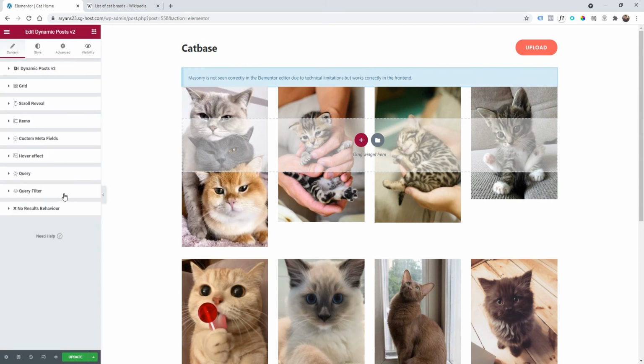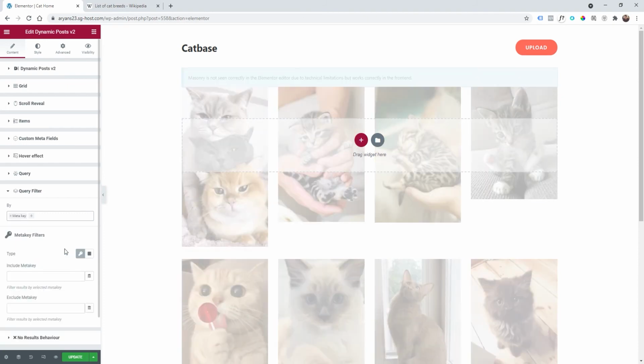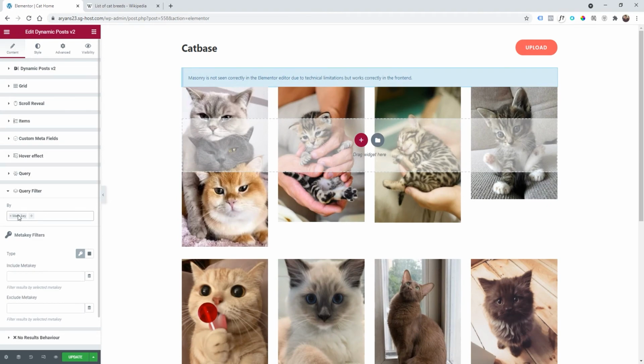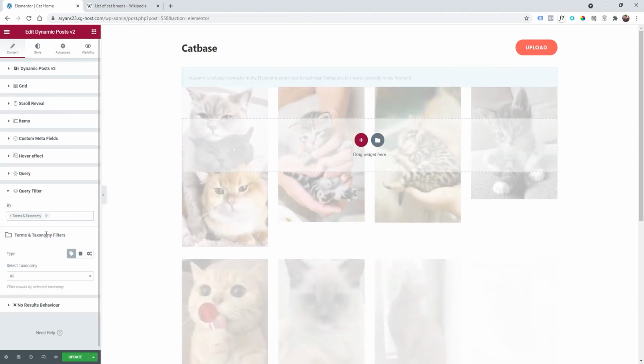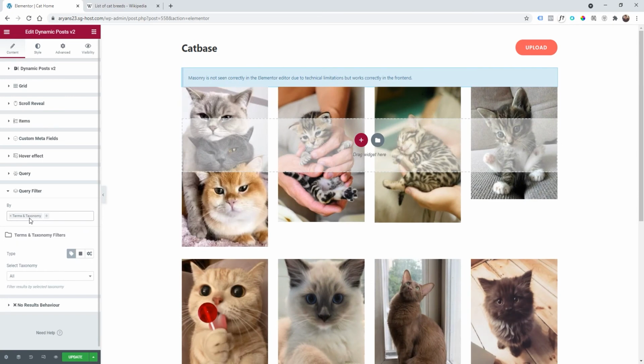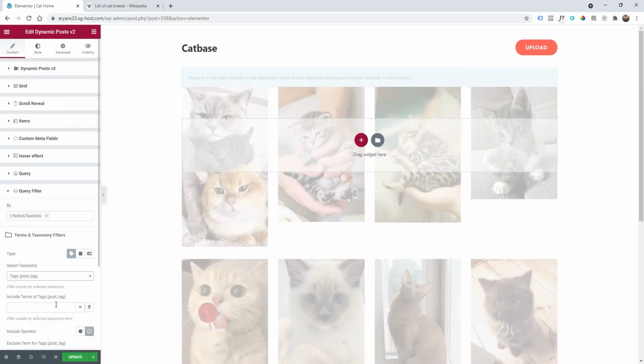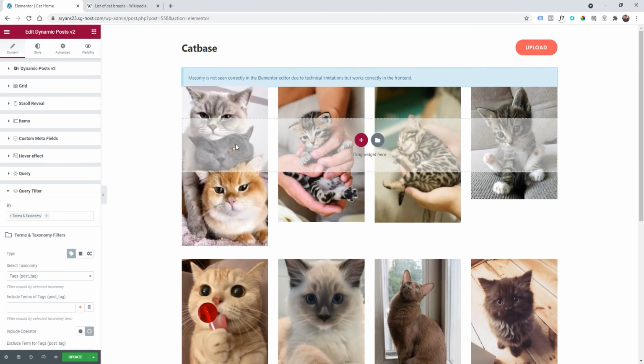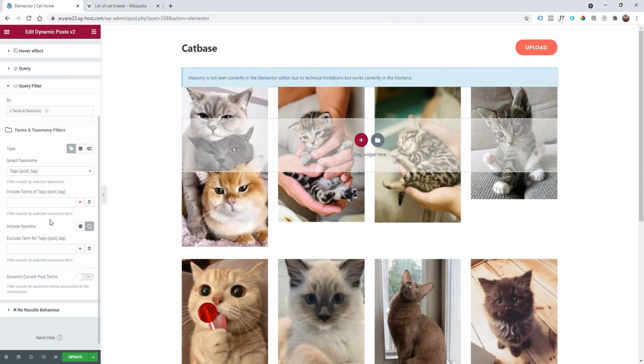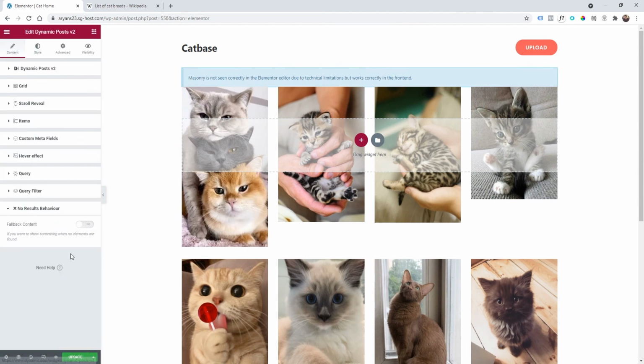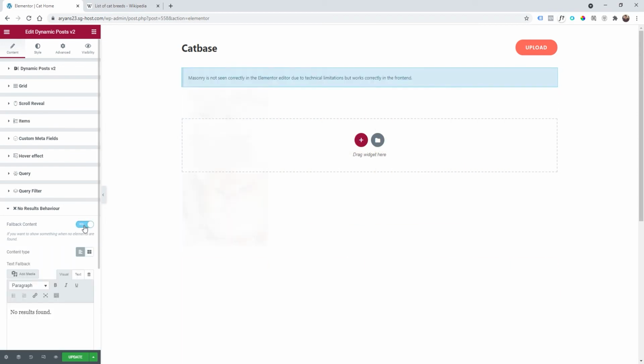So in closing this, query filter, so you can filter by, and in this case I'm going to use probably meta key, or let me check terms and taxonomy. Select taxonomy and tags. Cool. And now you should be able to filter by tags, and then no result behavior. You can click on fallback,